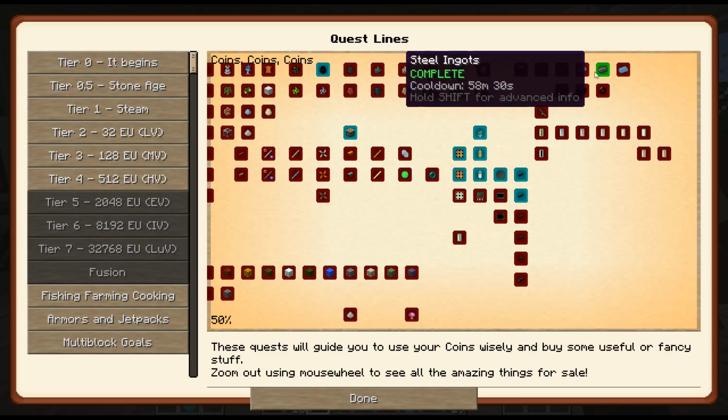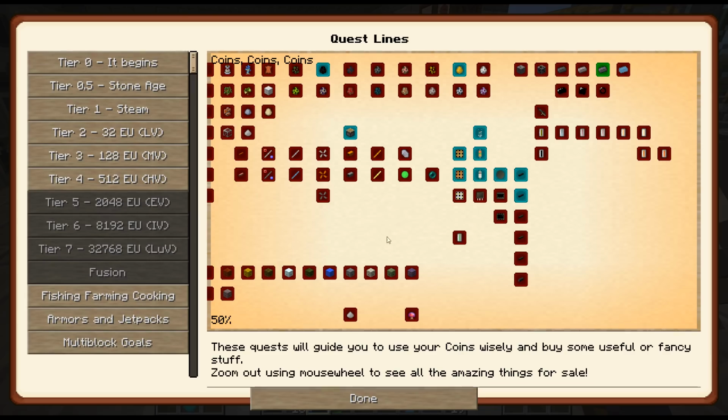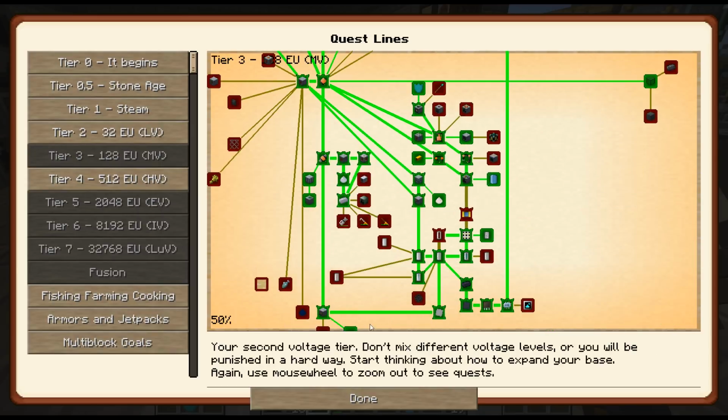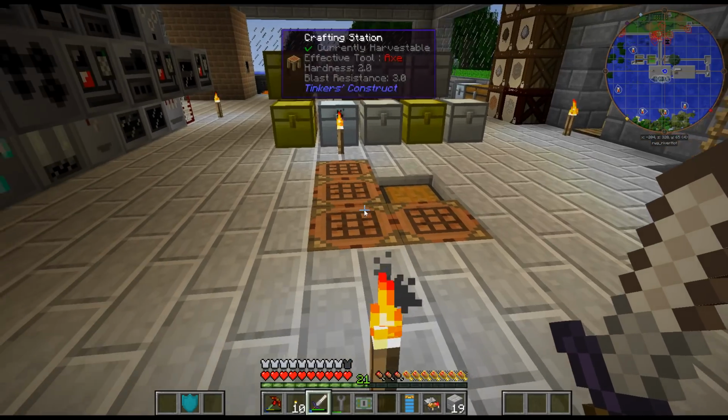So I'm gonna have to smelt up some more wrought iron to make steel. I turned in some coins for that, so I just need the raw carbon. All right. But before we do that, let's